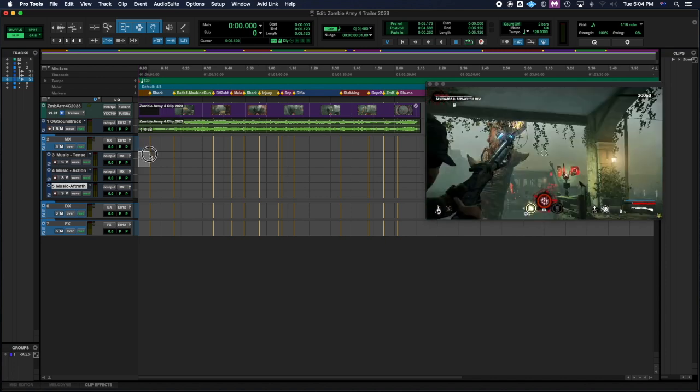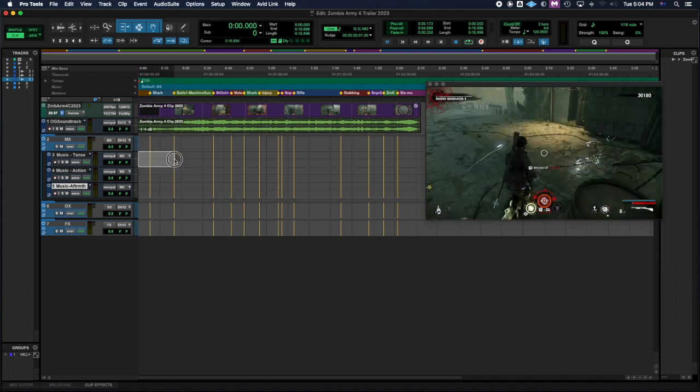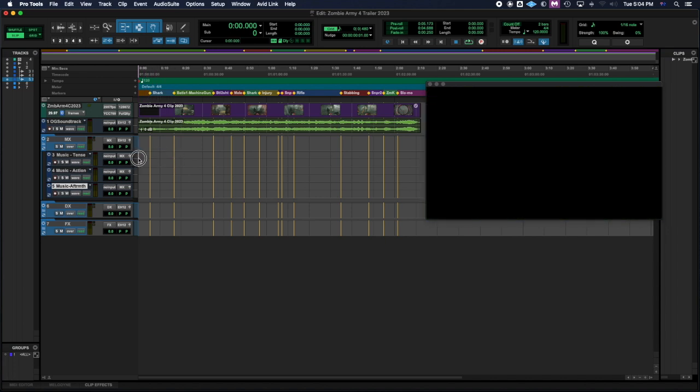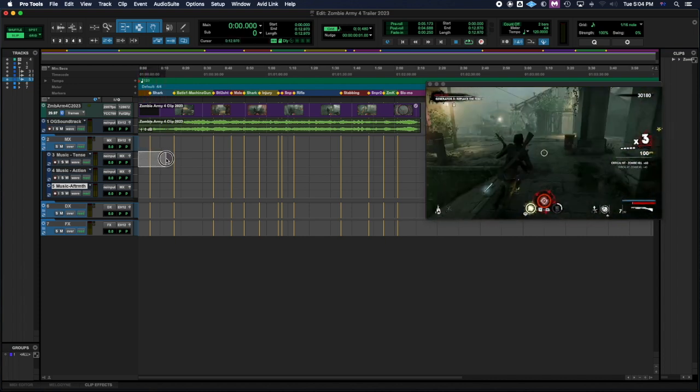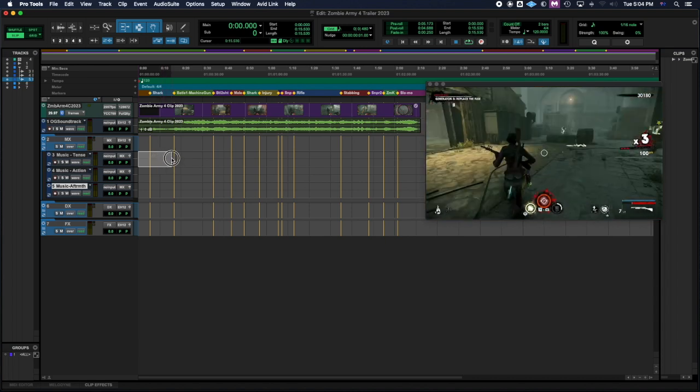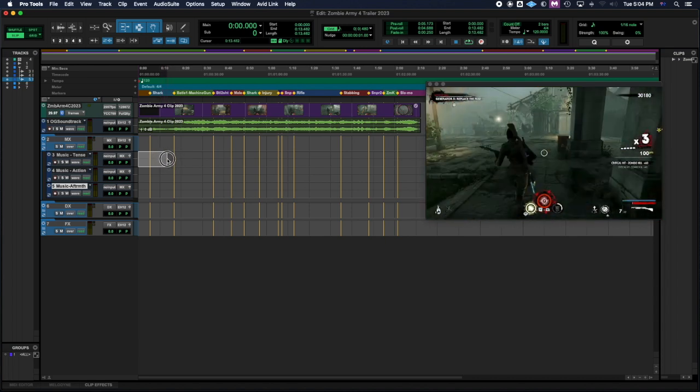So first of all, build up music. It's pretty much to the first battle. So I'm just going to make a selection, and the mechanics of me making a selection: I just hit return so that the cursor jumps back to the start of the session. And if you hold down the shift key and click with the selector, as you drag, it'll show you where the end point of your selection is. So I can sort of drag it up to,